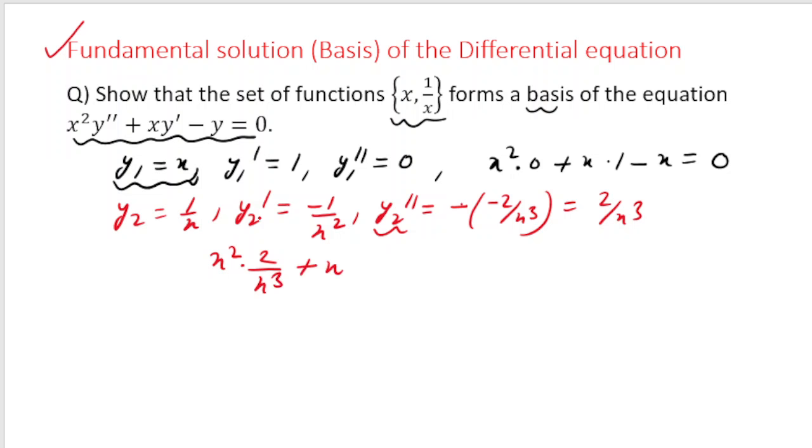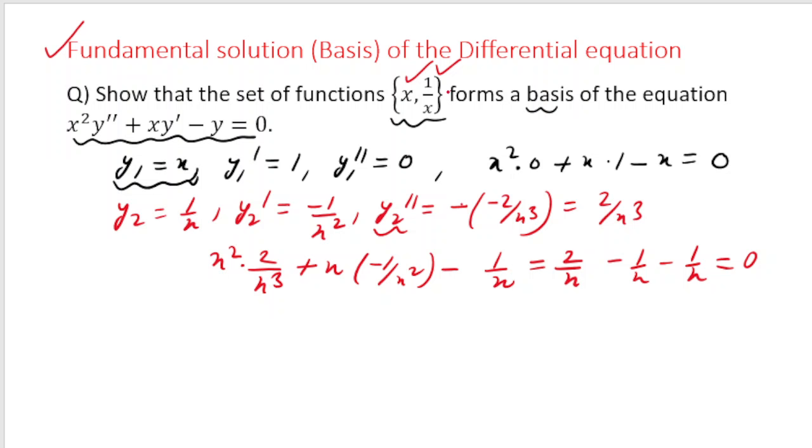So what is y2 dash? Y2 dash is minus 1 by x square, and minus y, that is minus 1 by x. So what did I get? From this I will get 2 by x, right? And from this I will get minus 1 by x and minus 1 by x. So I get 0. So it means what? That x is also a solution and 1 by x is also a solution, and this is a second order